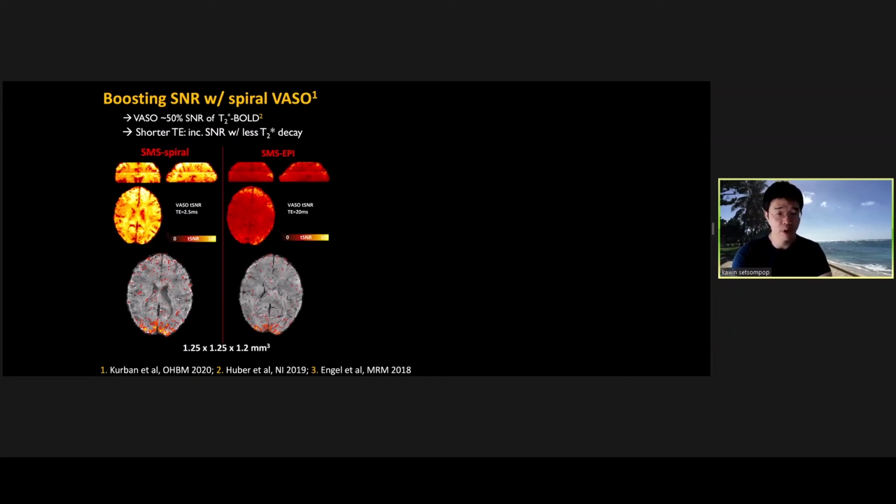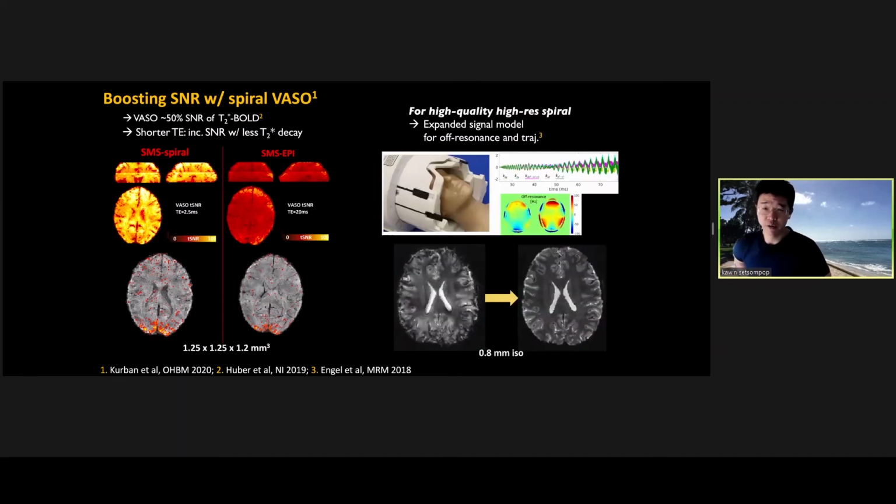As things progress further to sub-millimeter voxel size, I feel that it will be important to be utilizing the expanded signal model for off-resonance and trajectory correction. Some really nice work here by the ETH group with the field probe to be able to get good sub-millimeter